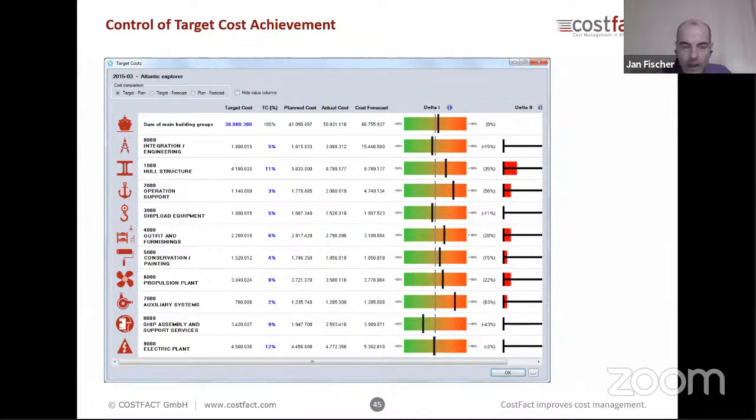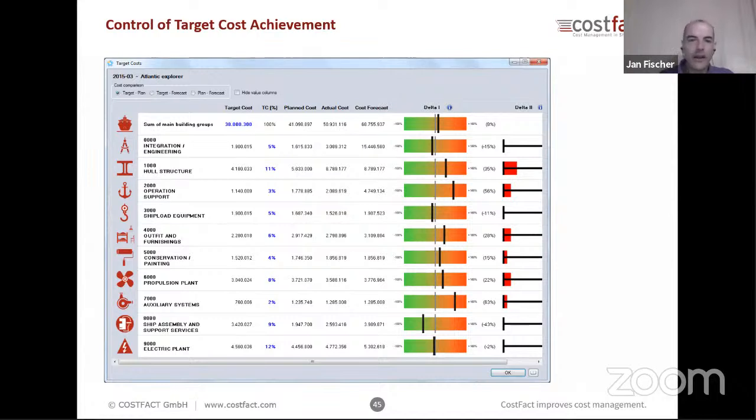And in this situation, when we see we have a cost overrun by 8%, instead of saying, okay, everybody has to reduce cost by 8%, that is not very efficient. If there's a main engine that causes this cost, and you know it's already negotiated, there's no chance, you cannot change it. Instead of going this way, everything reducing by 8%, based on our information, by this cost breakdown, we can go on to the next level and analyze